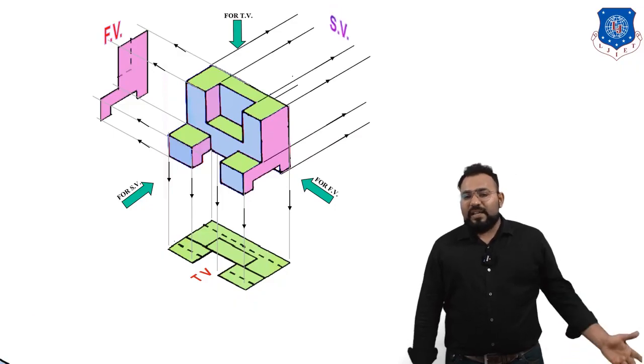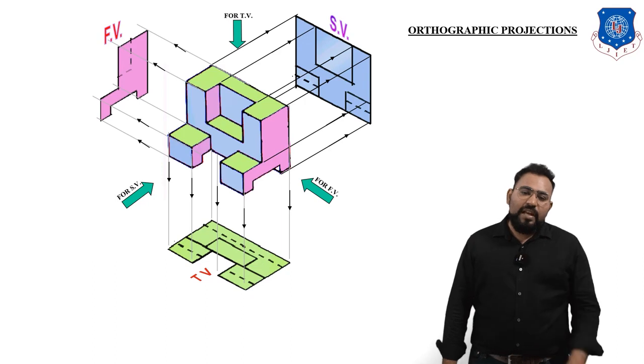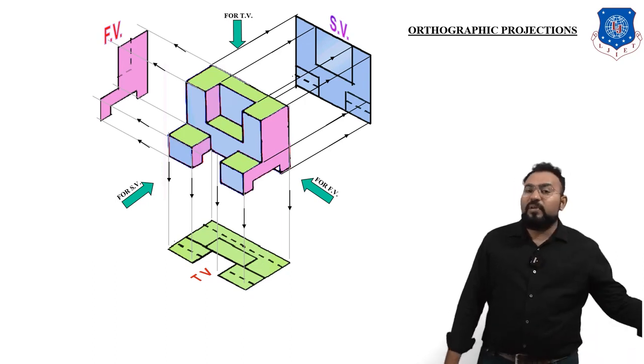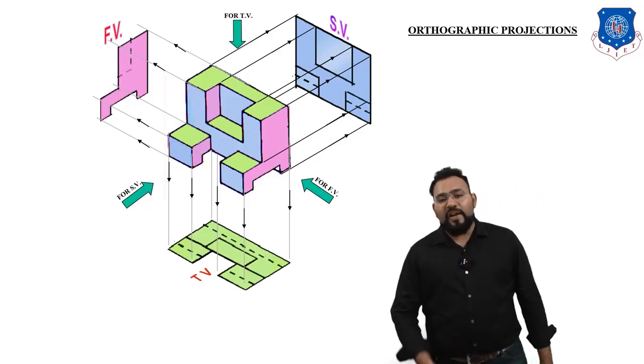Now let us draw the left hand side view. It is going to look like this, and you can see there are two dotted lines. So when you are looking at this object from the left hand side, there are two edges which cannot be visible from the left hand side, so there will be dotted lines over there. Okay, find out those edges.